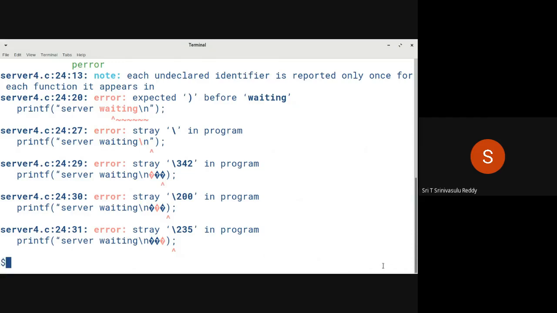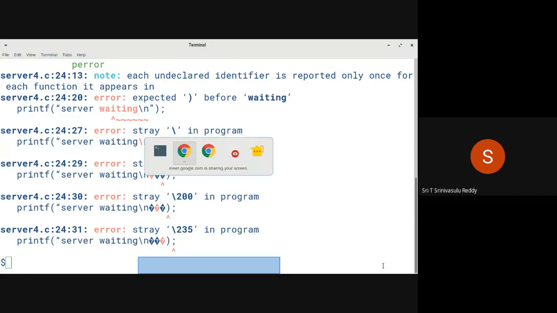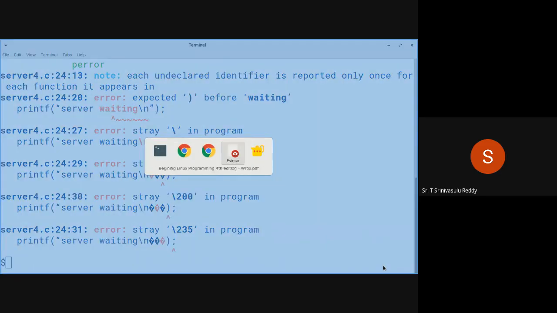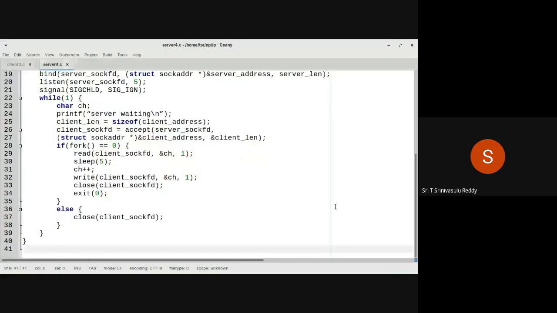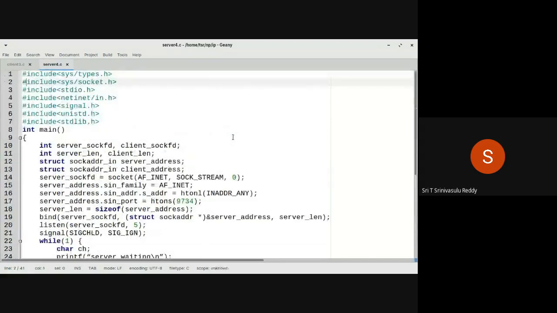So probably I have not modified all those changes. I just copied that, so those characters have a problem. Let me attend to that. For server 4, there are issues related to those double quotes and single quotes. Let us slowly complete that part.